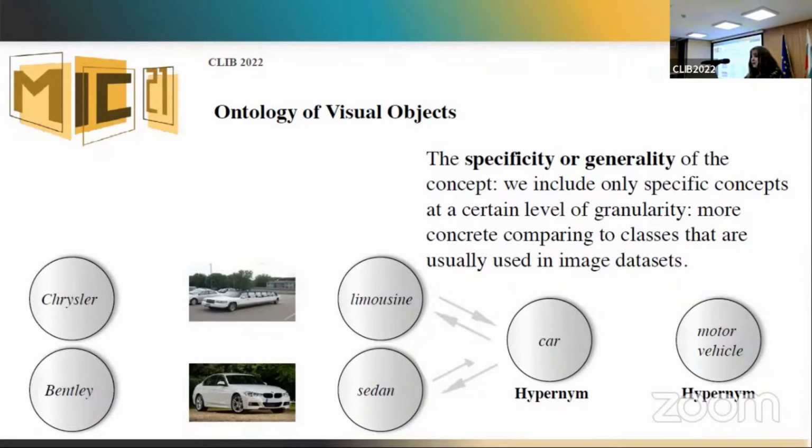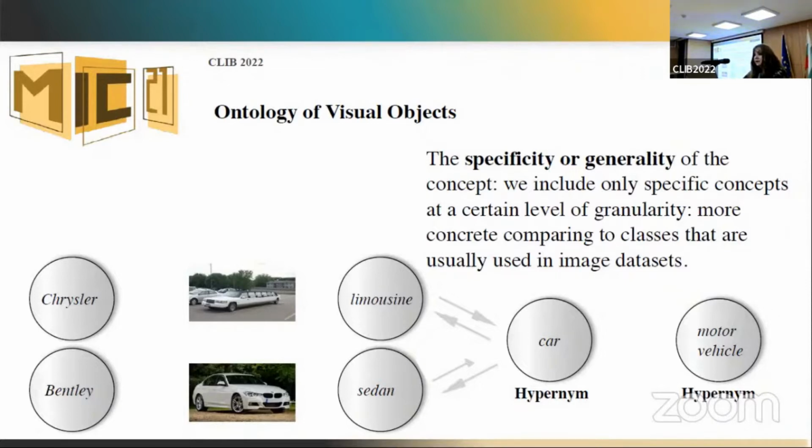For example, in datasets like the COCO dataset, which is very famous, the concept used is car. We use many different concepts to classify different kinds of cars, such as limousine and sedan, but we didn't go deeper